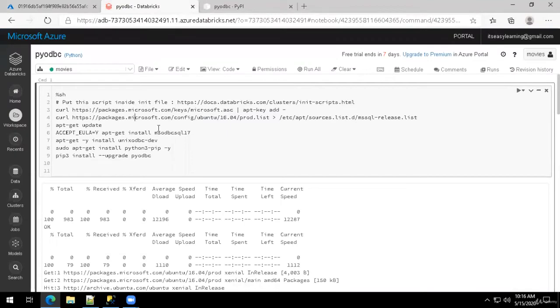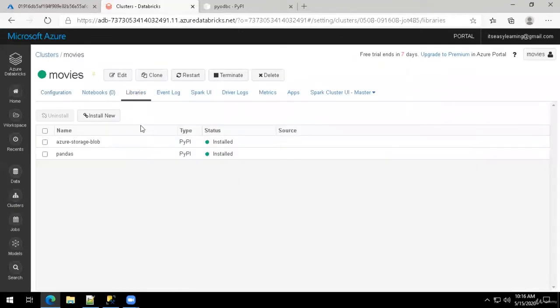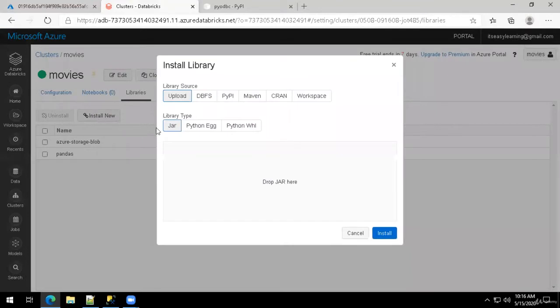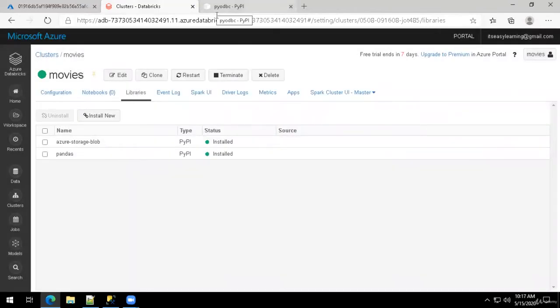We'll go back to Databricks. I have created a notebook called pyodbc. So first thing you have to do is to make pyodbc run. Typically we do installation of libraries through this console. We go to library and click on install new and click on PyPI. However, there are some internal issues. pyodbc does not perform or may not work in certain scenarios. So the workaround is